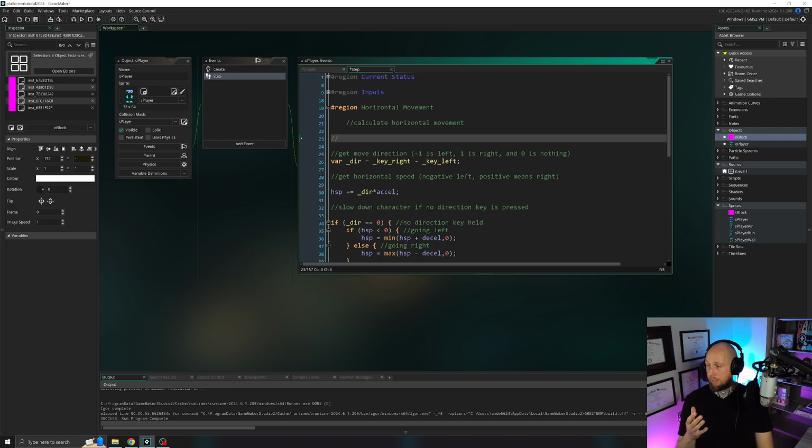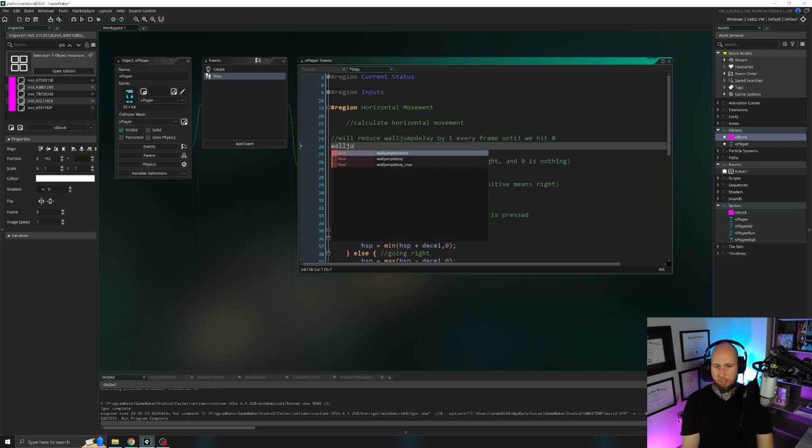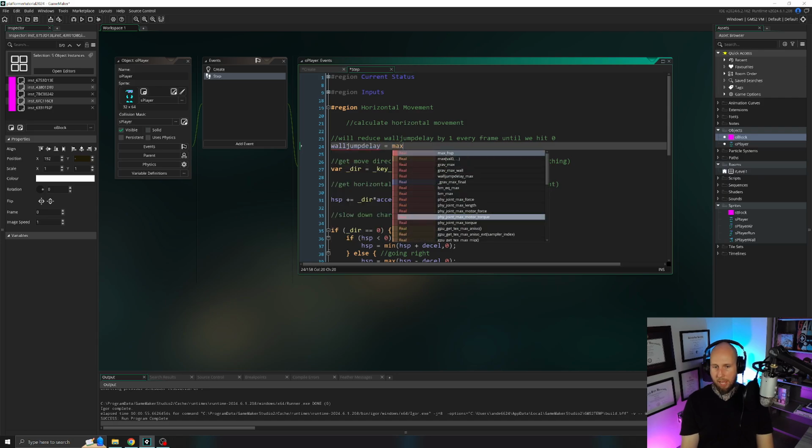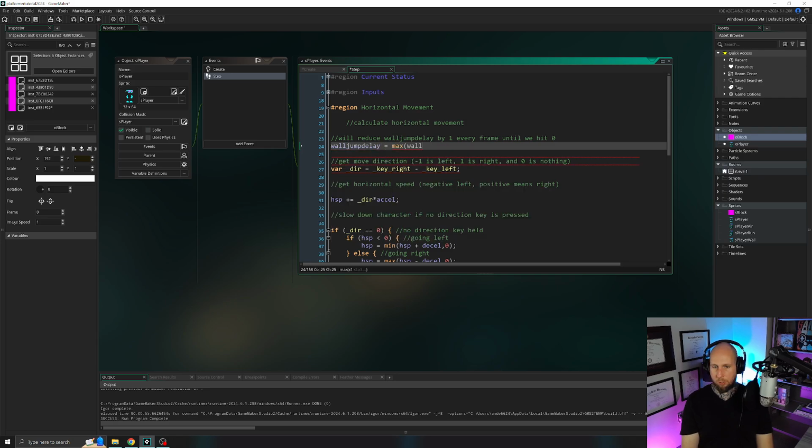I care about that because in a step event, it runs code in this order for each step, and so sometimes that matters. I think here it won't matter at all. So I'm going to add a new comment: we'll reduce wall jump delay by 1 every frame until we hit 0. wall_jump_delay = max(wall_jump_delay - 1, 0);